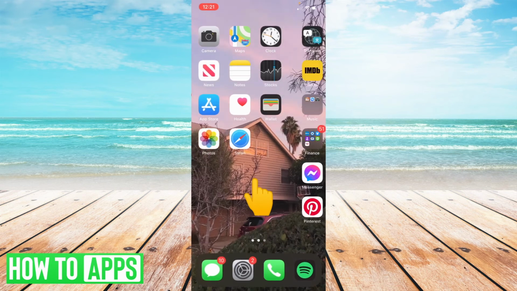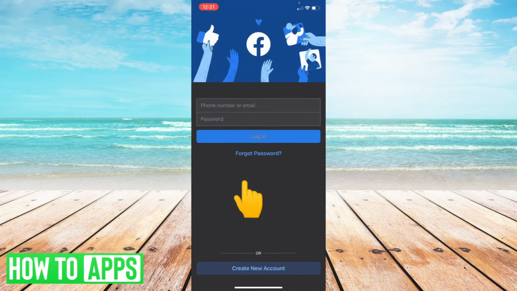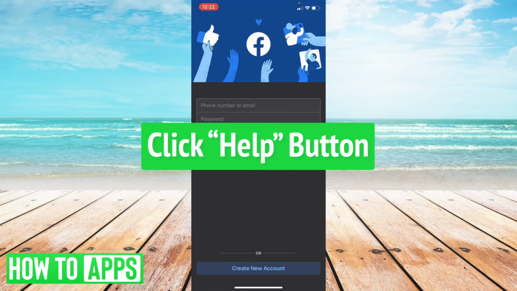So if you are entering your phone number, email, and password and it's still giving you a hard time by not receiving a code, what you want to do is there's going to be a button underneath where it says forgot password that says help. Now, all you're going to do is click help, and then there's going to be a form that asks you to submit your email account associated with the login,